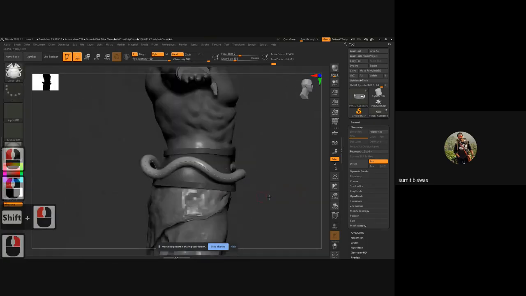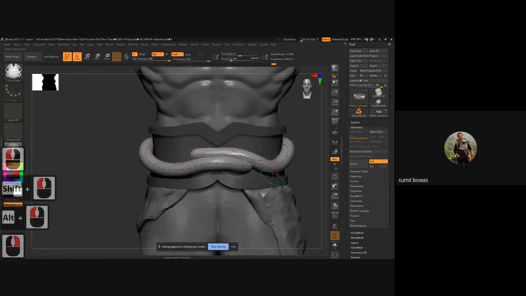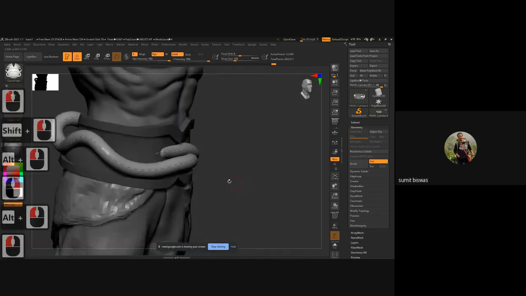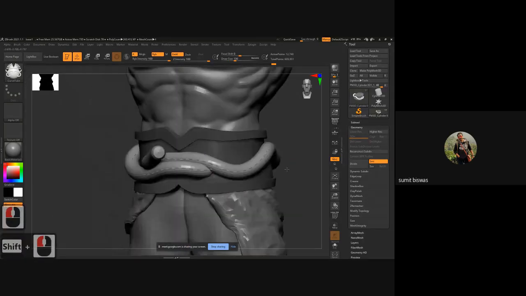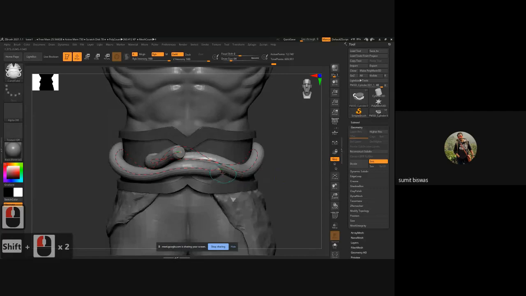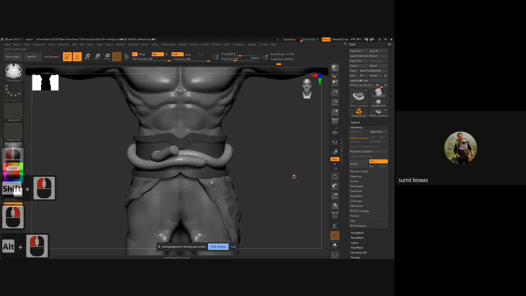Now you can see it's smooth, but it's not snapping on the surface. That is something we can fix with the help of the move brush. But before that, we need to correct this entire shape, because I need to have that head part as well. So I just moved it outside, simply created that shape, and moved it inside.